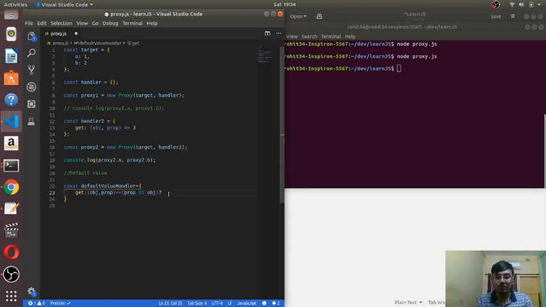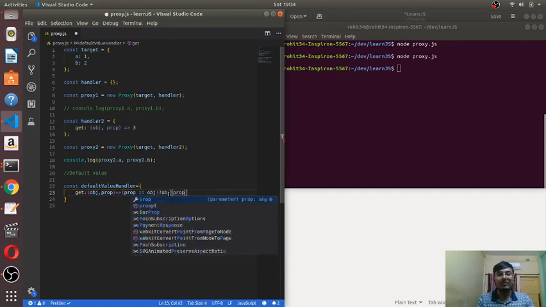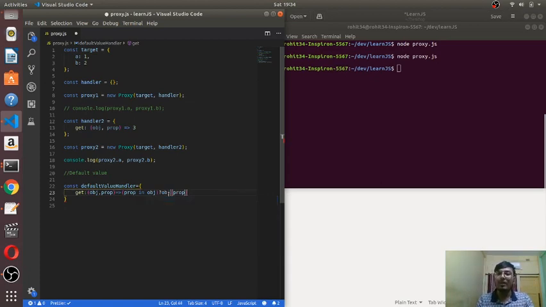So if I do prop in object and I do object prop, for example, the prop is present. For example, if I do target dot A and target dot B, the prop should be present. So obviously it should give us target A, so the value will be 1. For target dot B, the value will be 2. If it is target.c, let us say it should give us a 0. I am actually telling you the output only while writing down this code. So object prop, now let us see whether it actually worked or not.